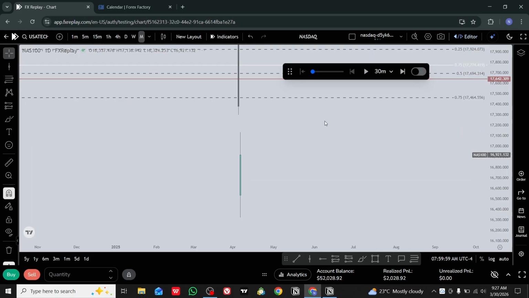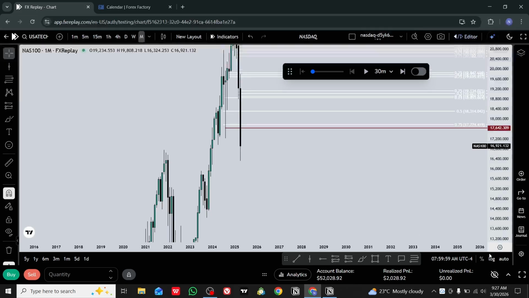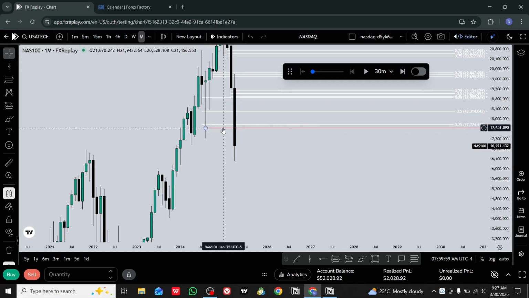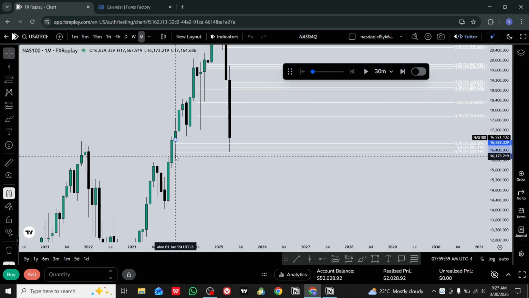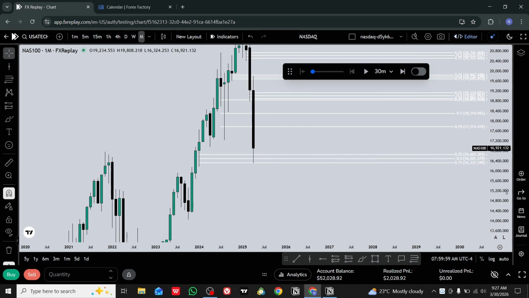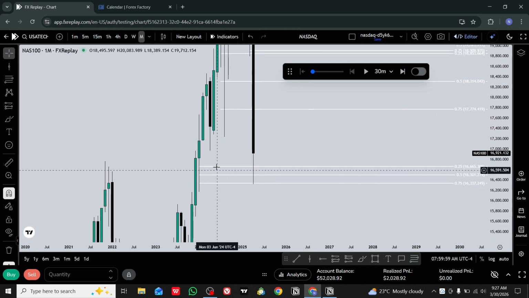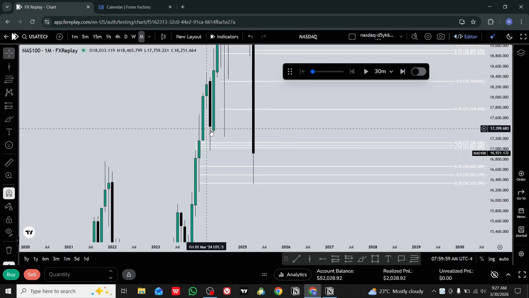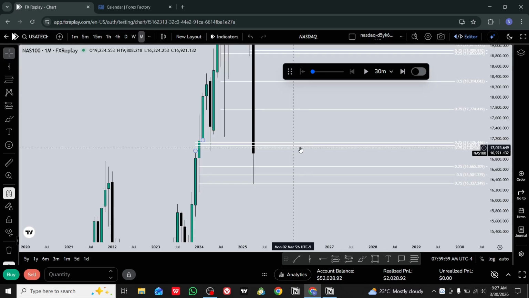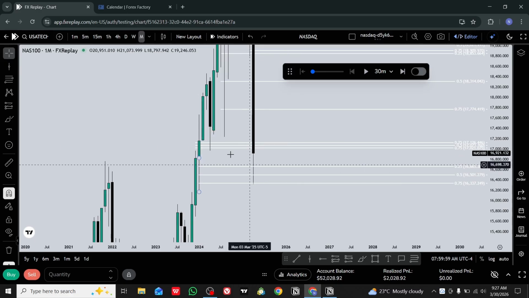Let's start from the monthly chart. I'm going to highlight this week, this monthly week. We touched the low part of it and we'll trace to the upside. Right now we are here and I'm going to highlight this IFVG. So right now we are below this IFVG, higher than this week.